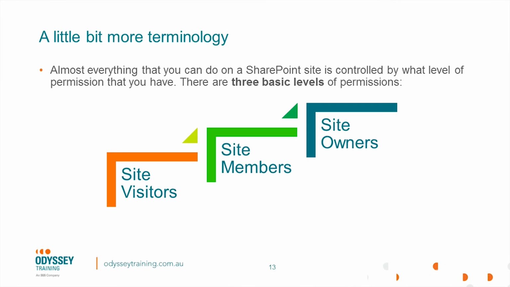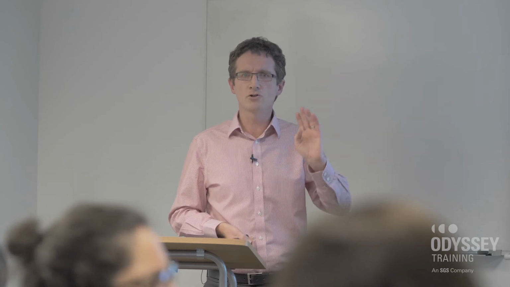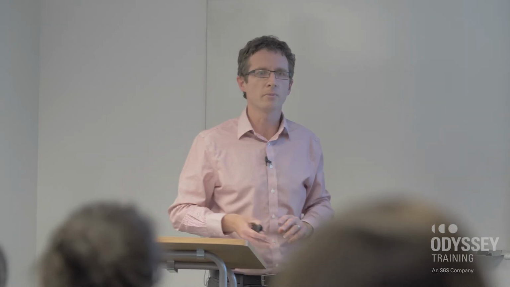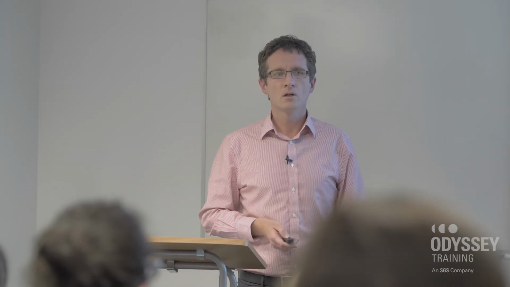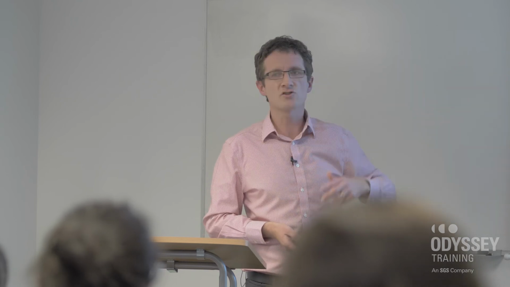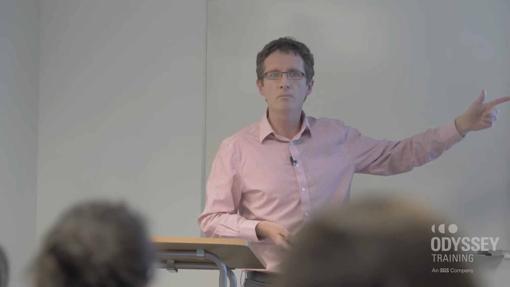Now the level up from that is your owners. The owners are the people who are responsible for the site. They can do everything the members and the visitors can do, but they can also do a lot more. For example, if your site has 3 document libraries and someone identifies that they need a 4th, well, your owner can jump in and create that document library for them. If you've got a contacts list where you've got your name and your address and your email address, but you want a few extra columns in there, you want to customize it a little bit, well, your owners can do that. Your owners ultimately are also responsible for deciding who gets to be an owner, who gets to be a member, who gets to be a visitor, and that's modifying your permissions.